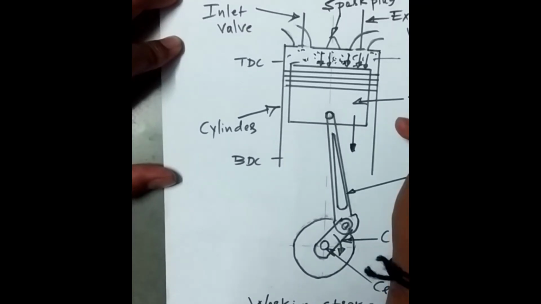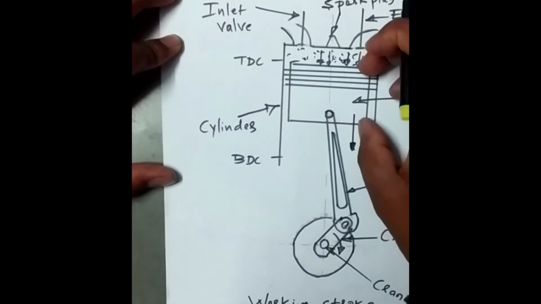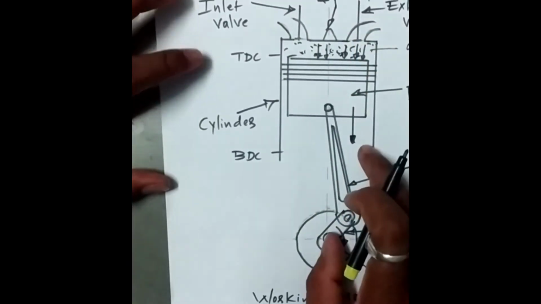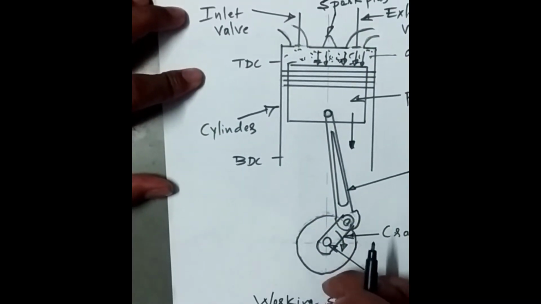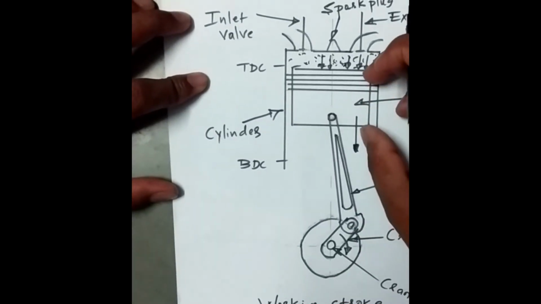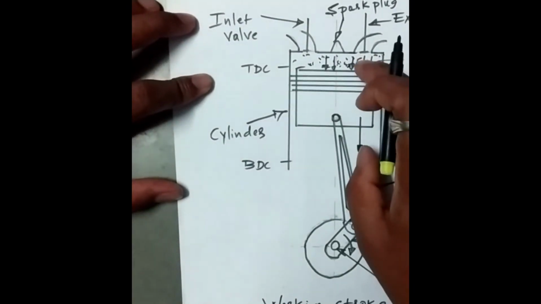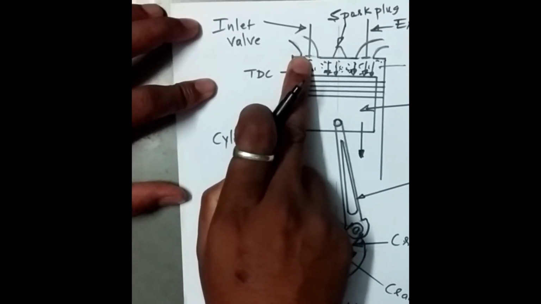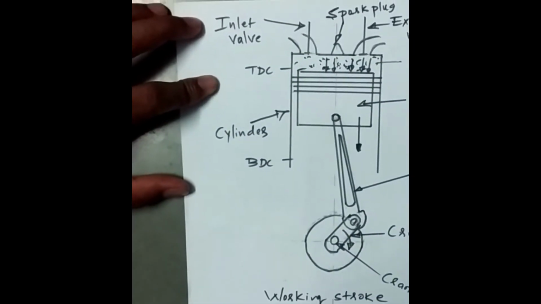At the end of the working stroke, the piston will be at BDC, both the valves are closed, and the crank has rotated 180 degrees. As soon as the piston reaches BDC, the exhaust valve gets opened and the inlet valve is as usual closed. So this is about the working stroke. And last we have